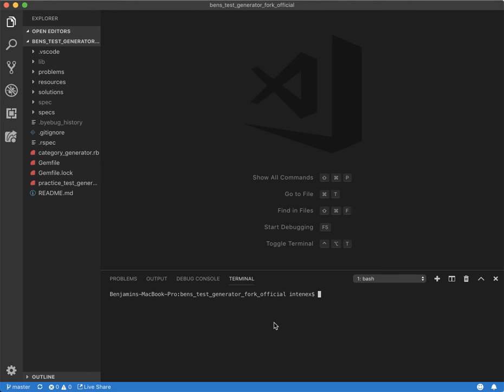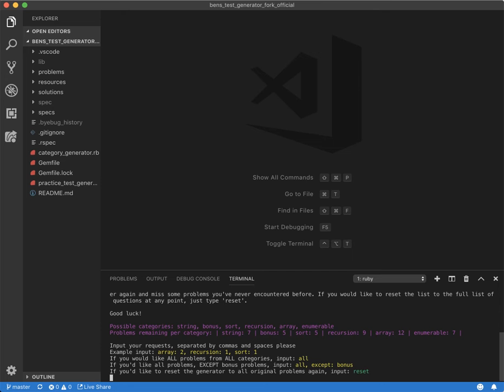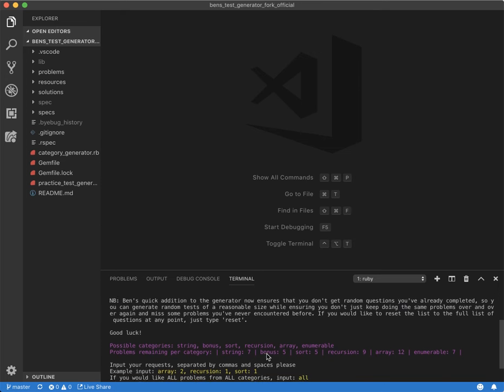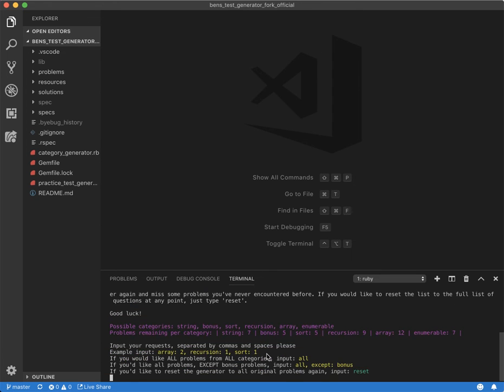All right, so I'm just going to go through a super quick run-through of how the new test generator works. You can run Ruby category generator, which is the more explicit version where you can specify your own exact output that you want. So you can type something like array 2, recursion 2, and it'll show you right here how many problems remain in